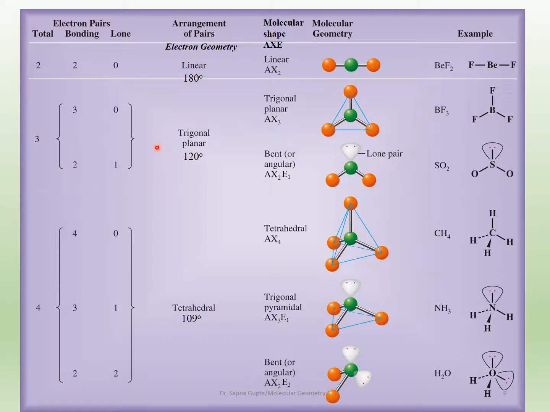slide also. Things are a little bit different when you have 2 bonding and 1 electron pair left over, 1 lone pair of electrons left over. So now the molecular shape will be slightly different, but let's talk about the AX formula first. And so this is AX2E1. A is the central atom, which is the green one. X2 are the 2 atoms that are attached to it, and then E1 is the 1 lone pair of electrons that is left over. And that E1 indicates that there is a lone pair of electrons which is not bonded